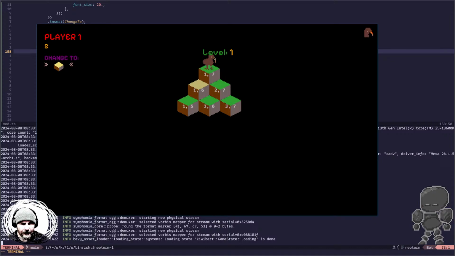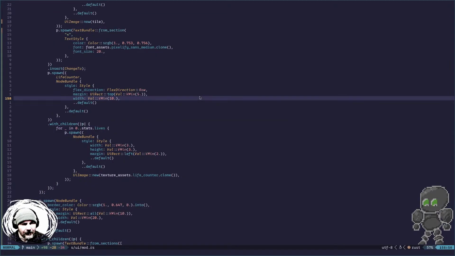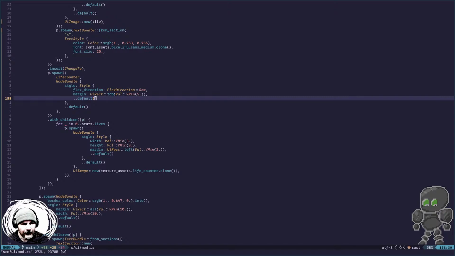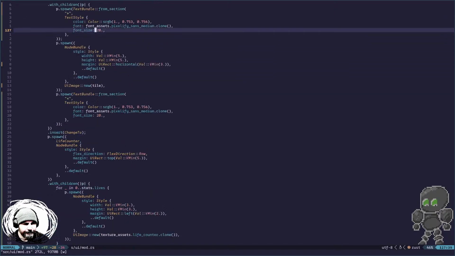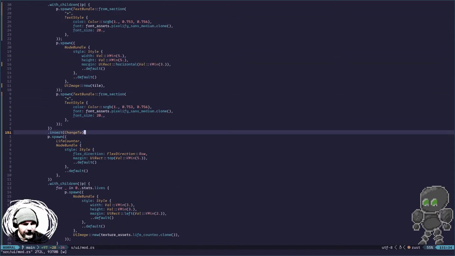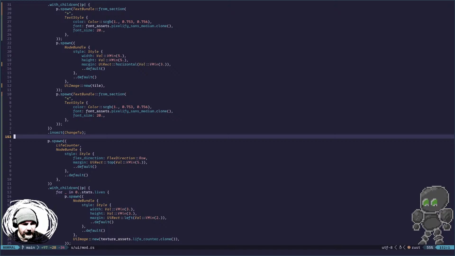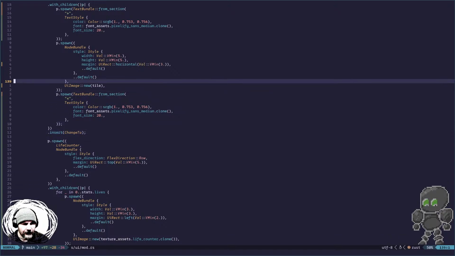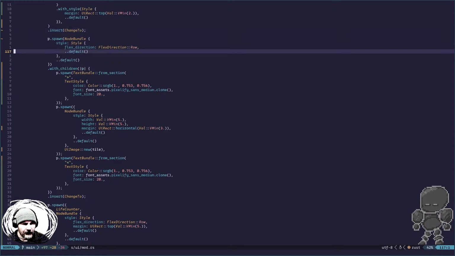Yeah, same problem. And it respawns the life counter up the top here. So I think actually what's going on is that because life counter is row, it's interfering. So it needs to be within a column if it's not already. Let's check that. So change to, and then life counter. So hang on, this one